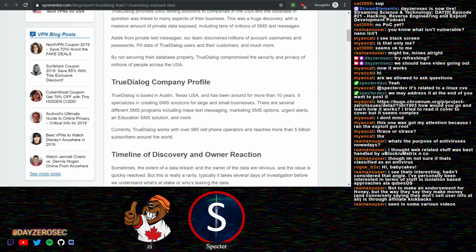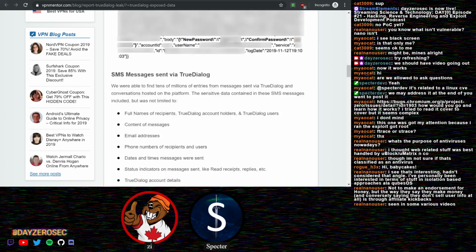There were even some text conversations that were leaked. But one thing that's not immediately obvious is these are business to customer, not customer to customer. So the kind of text conversations that were leaked probably aren't as sensitive. No, but it does include things like a password email, for example, or a password message. And one thing I want to point out, I'm pretty sure they don't explicitly say this, but if you look at what this data looks like,